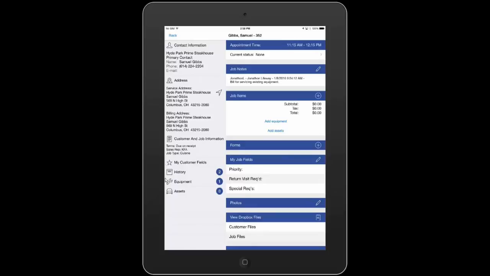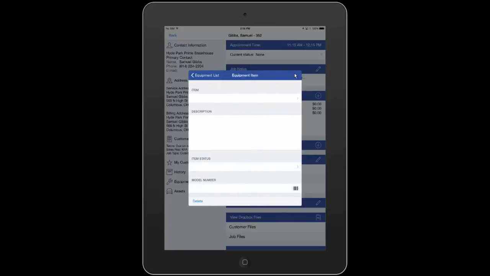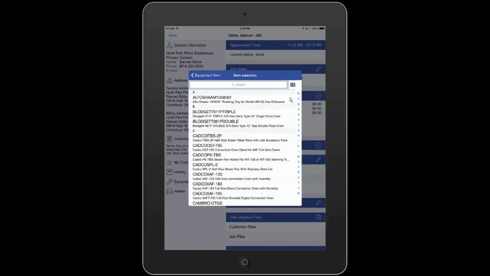To do so, tap the equipment button again. That's going to bring up our equipment list. And this time, tap the plus symbol in the upper right corner of the screen. And you're going to see this blank new equipment record or equipment item record. Now, something you will notice when you go to add equipment in iFleet is that if you touch or tap the far right side of this empty item box, it's actually going to bring up the QuickBooks item list for